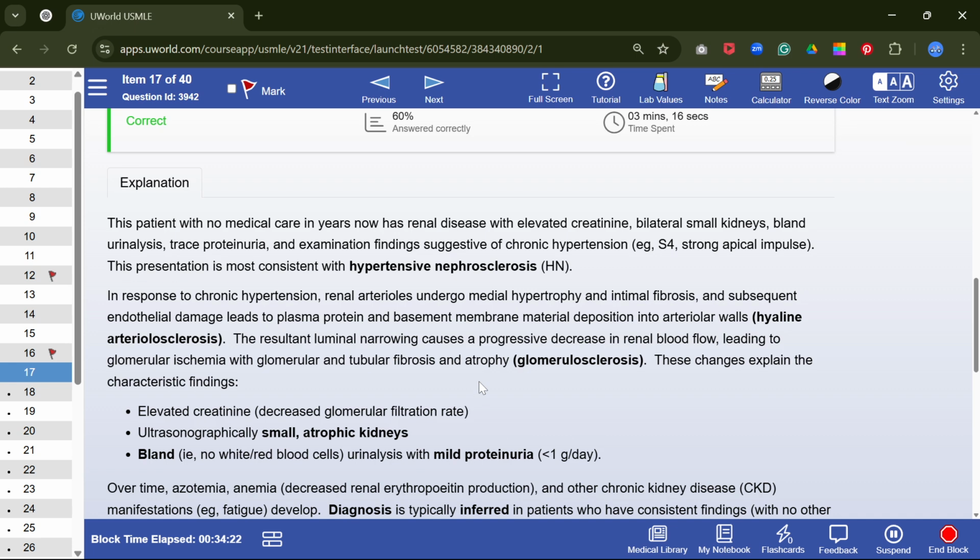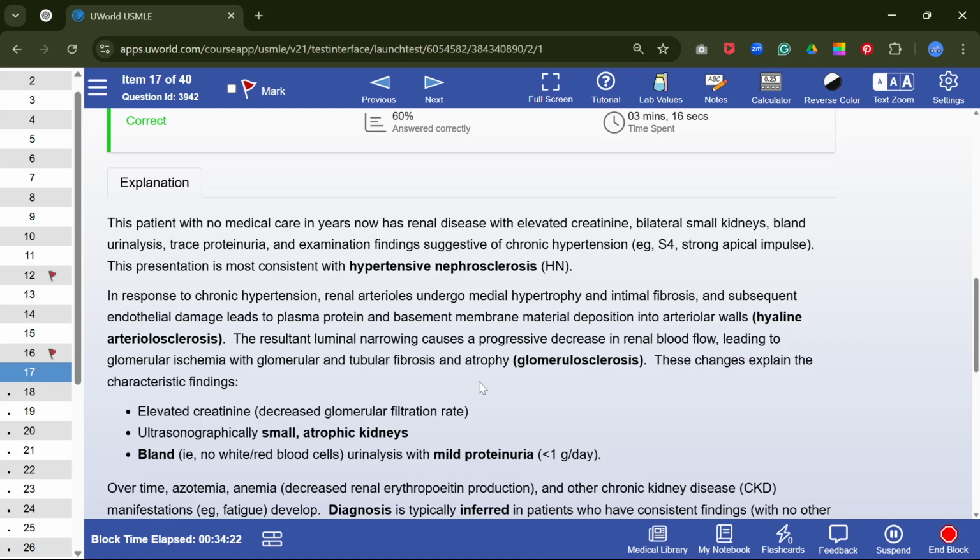This patient has had no medical care in years. Now has renal disease with elevated creatinine, bilateral small kidneys, bland urinalysis, and mild proteinuria. Examination shows findings suggestive of chronic hypertension: S4 and a strong apical impulse. The presentation is most consistent with hypertensive